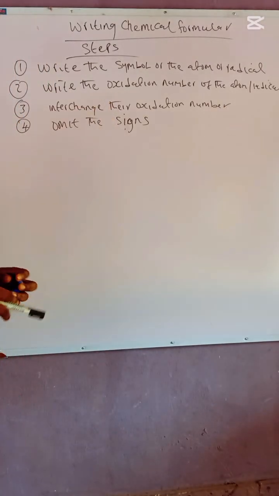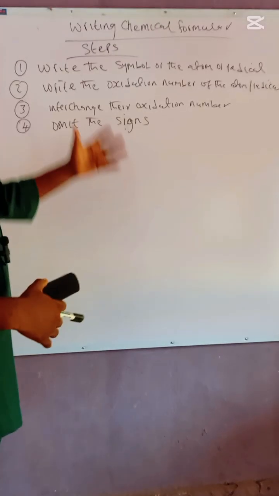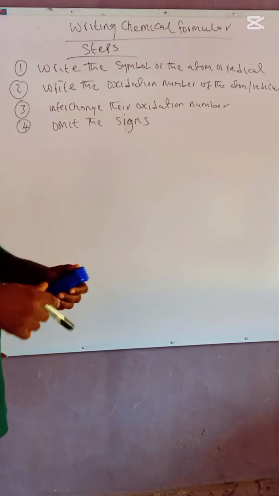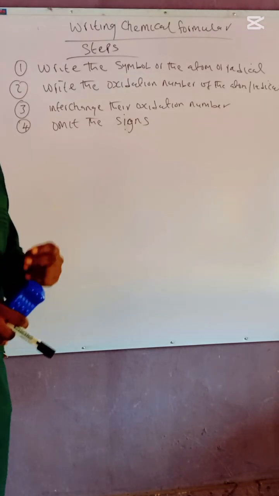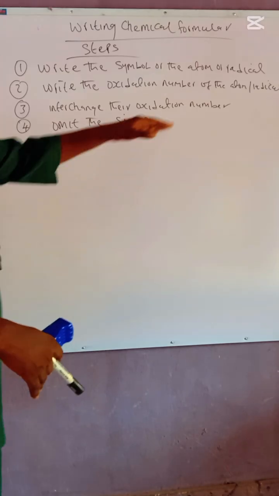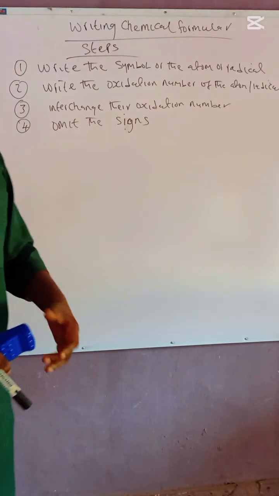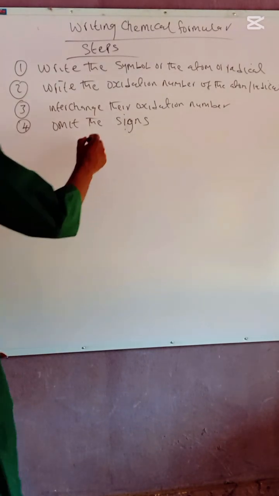So with these rules, e go be easy for us make we use write dis chemical formula. Make we try example number one and two. Then other examples, we go first look at radical before we go to other examples. So make we try one or two examples. So examples,